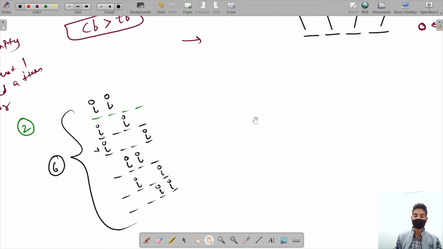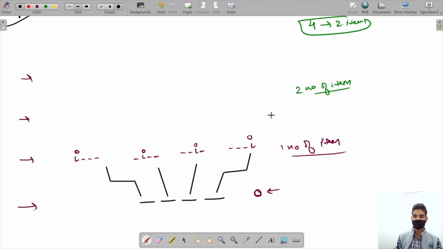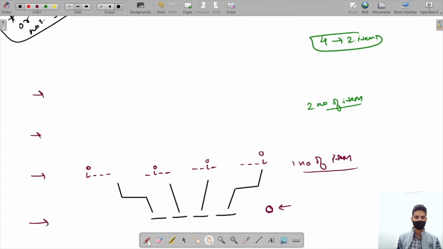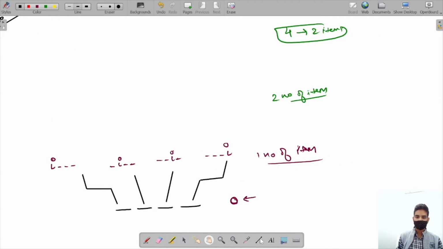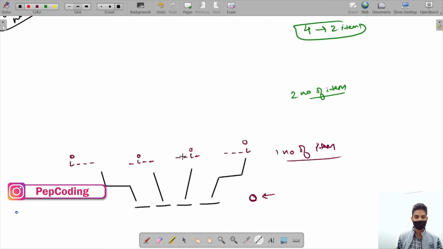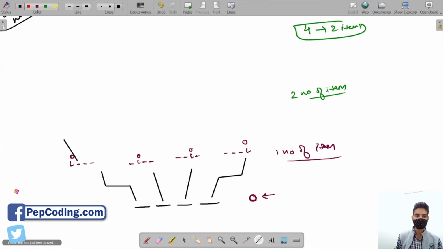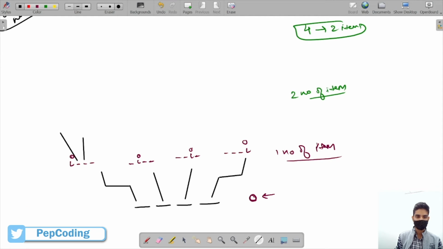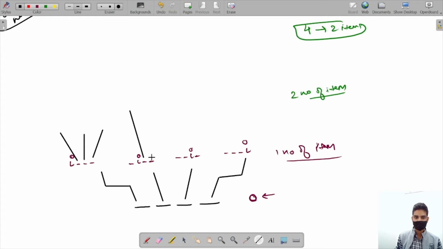So you will see these cases will come here. For 2 items, we are doing our solution. Basically, let me remove this. Now we are having the second item, and for the second item we are making our choice. This is empty, so we can make a choice for this box and this box. There are 3 boxes, so 3 choices. Now this box is empty, so we can make a choice for this box and this box. Understood? Now this box is empty, so we can make a choice for this box, and after this no further boxes are empty.